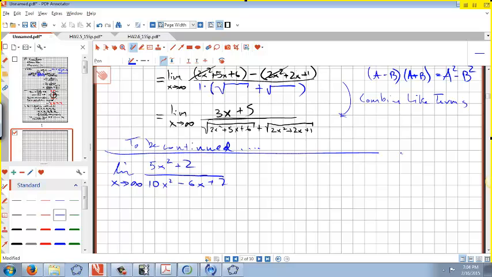Let's look at this example for a second here. So what do we need? We need to figure out what happens as x goes to infinity. As x goes to infinity, if you think about what happens in the lead terms in the top and the bottom, this thing begins to dominate the top, and this thing begins to dominate the bottom. So as x goes to infinity, lead terms